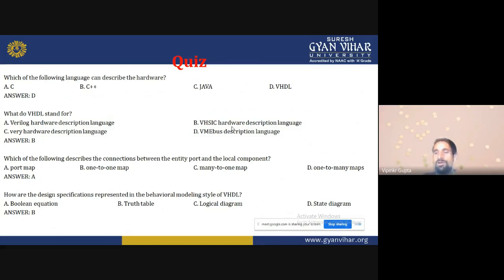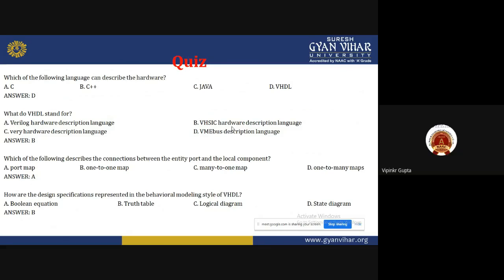But VHDL. What is the full form of VHDL? V stands for VHSIC, HDL means hardware description language. So VHDL is a hardware language. So what is the correct answer? The correct answer is D, that is VHDL. What does VHDL stand for? I already mentioned V stands for VHSIC, H means hardware, D means description, L means language. In option A it is given Verilog hardware description language, so it is not correct.